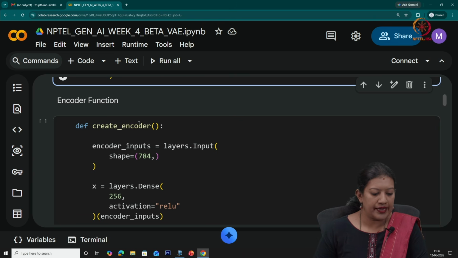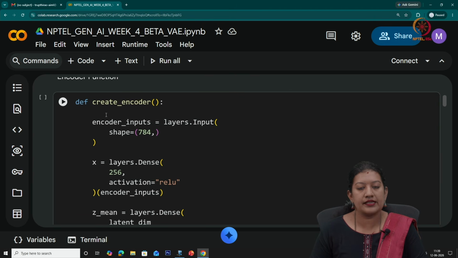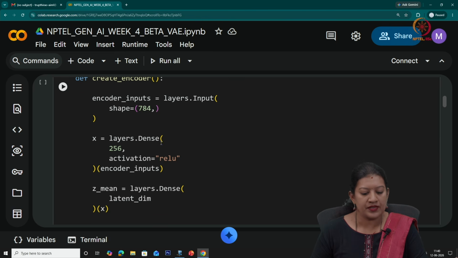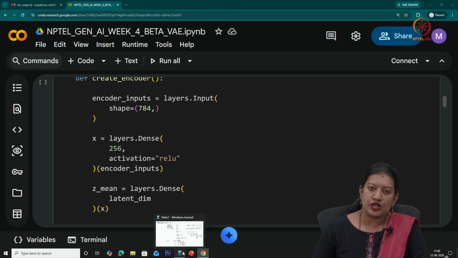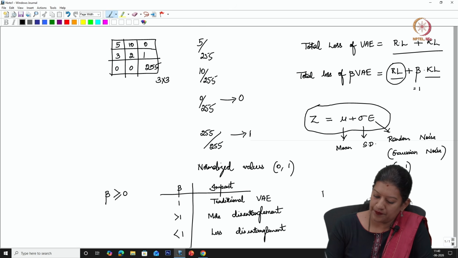Now, coming to the encoder function, how do we create this encoding part? The encoder makes use of the inputs, that is the shape is 784 input variables. Then we have the fully connected layer which makes use of 256 neurons, and the activation function is ReLU. ReLU adds some non-linearity to the data. It will convert all the negative values into zero, because the functioning of ReLU is such that ReLU is max of